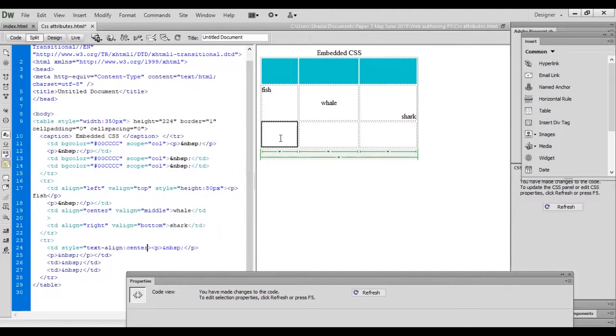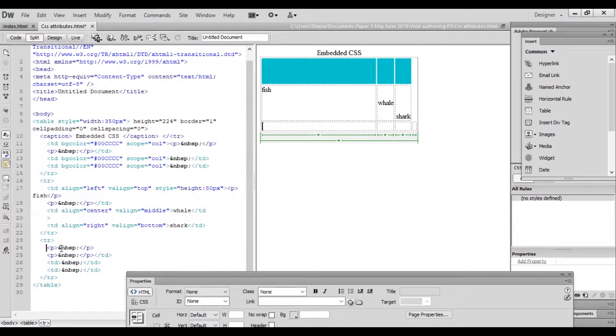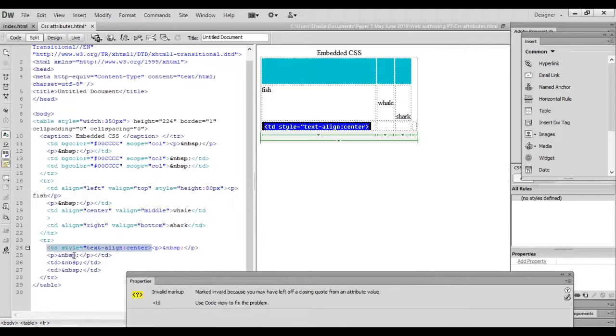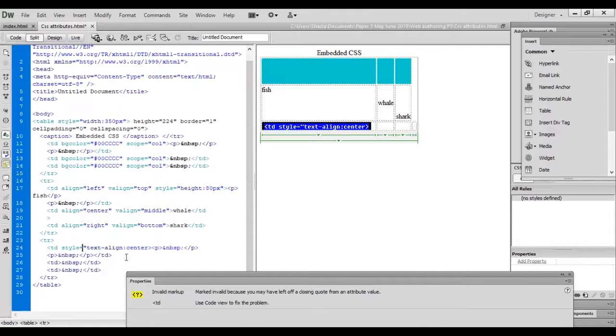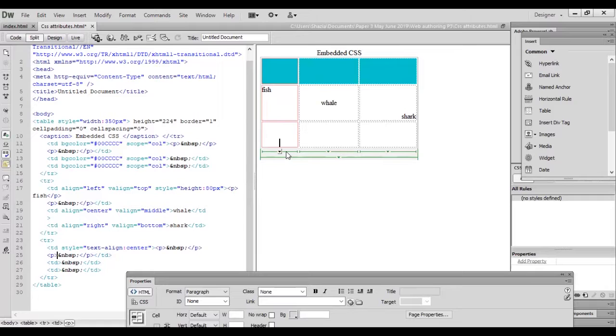So whatever you write will automatically be written in the center. Something goes wrong here, and right here is the text alignment. So do and check. Just go and close it.